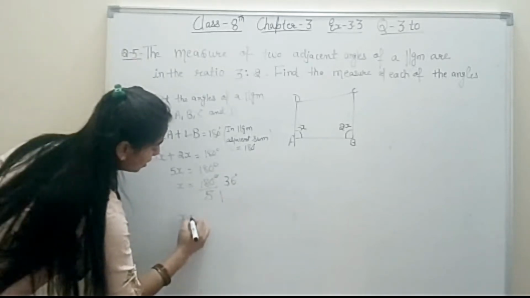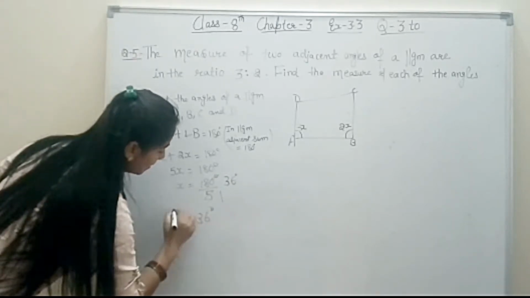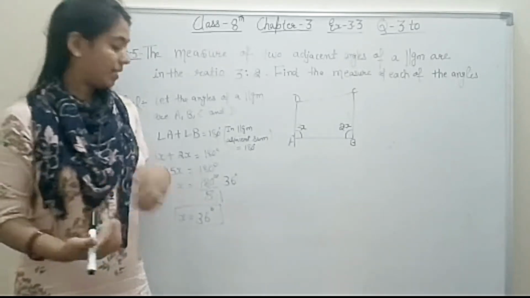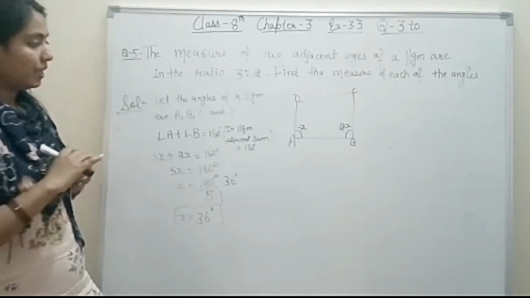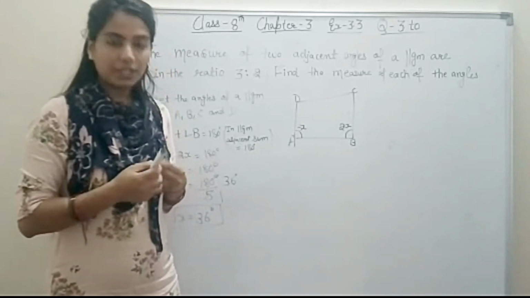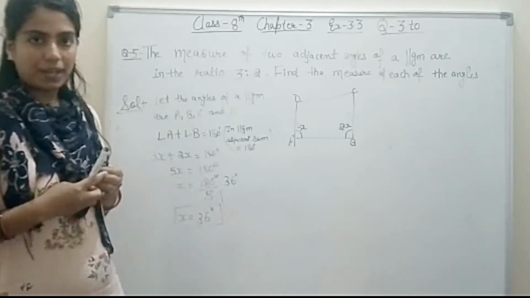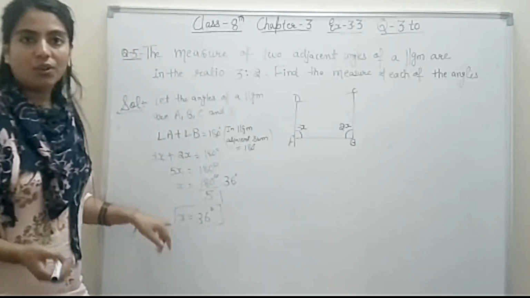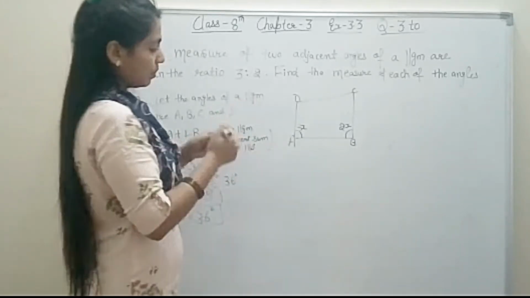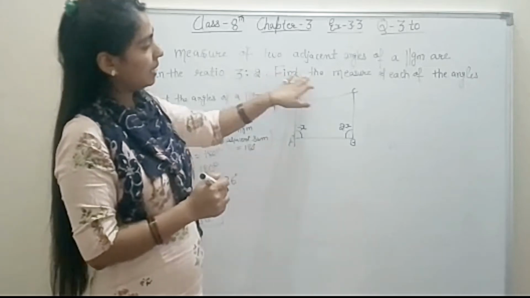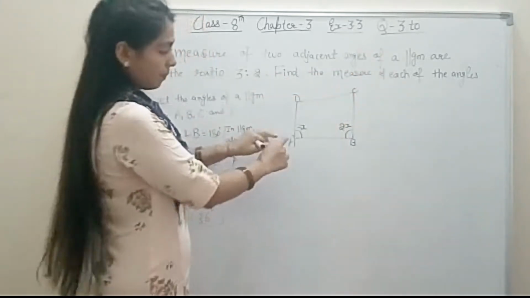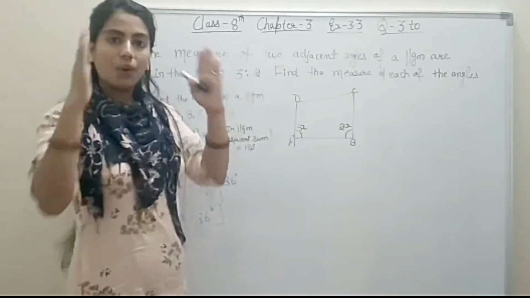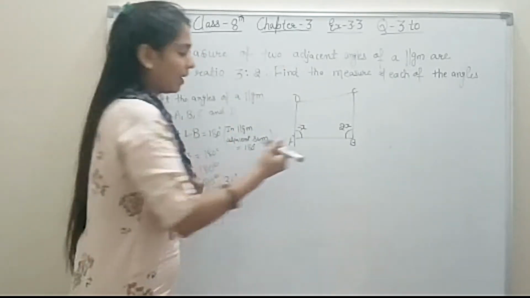It means x के measure क्या आया? 36 degree. It means वो जो आपका लेफ्ट वाली चीज थी, that is 36 degree. वो 36 का थर्ड पार्ट है and वो 36 का second part. So can we take out the value of x, because we know the value of x now. Let's see, because the question is asking find the measure of each angle. हमें angle A भी निकालना है, B भी, C भी, D also, all the angles. So easily we can find out.